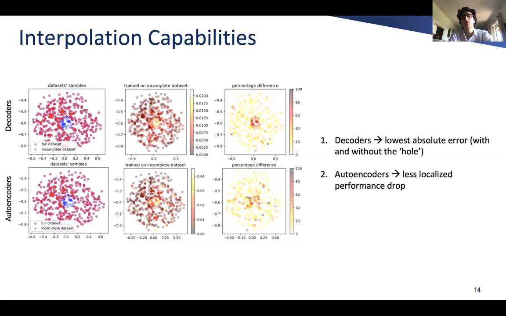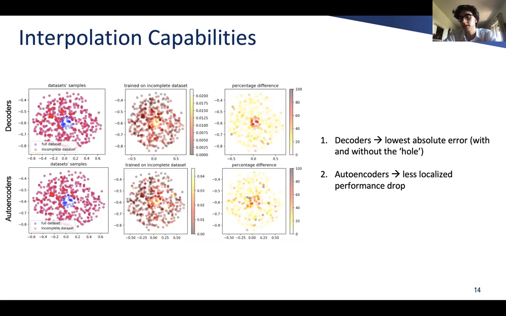We can see that the decoders achieved the lowest absolute error, both with and without the hole, indicating that they are the best interpolators. However, the drop in performance is less localized for the autoencoders, which can mean that if we improve the baseline performance of this architecture, they could eventually be the better interpolators, but more research is needed